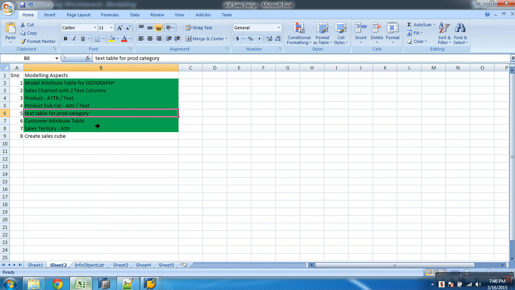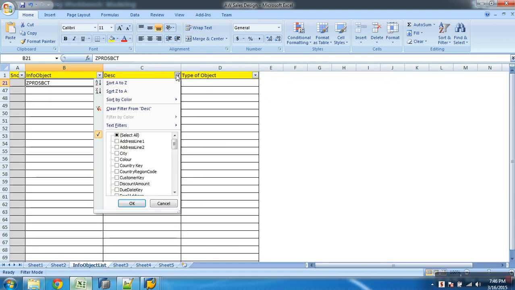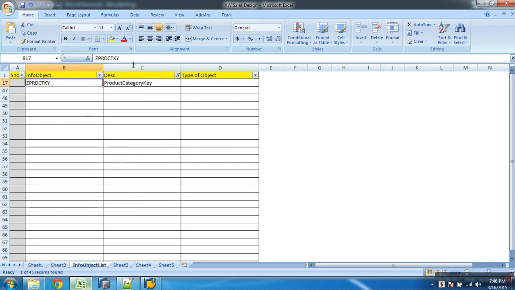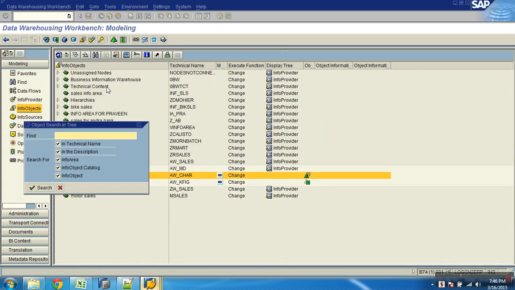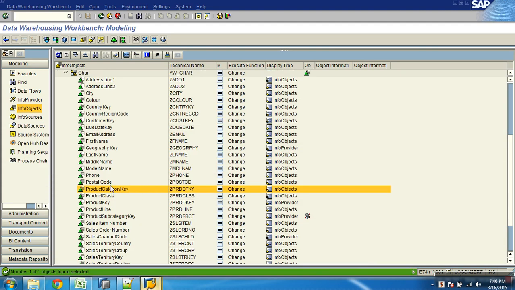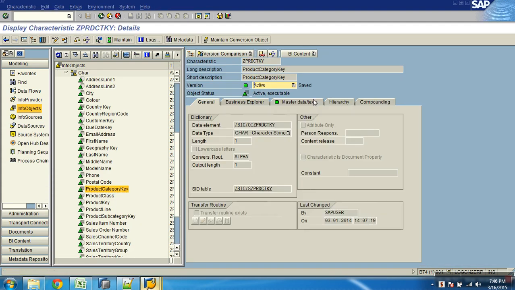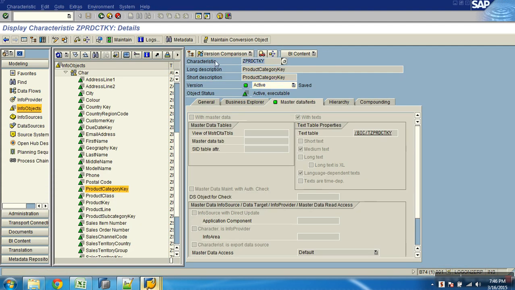This is product category, but not subcategory. There are two things: product subcategory and product category. This product category will have only a text, so it has got only the text table.